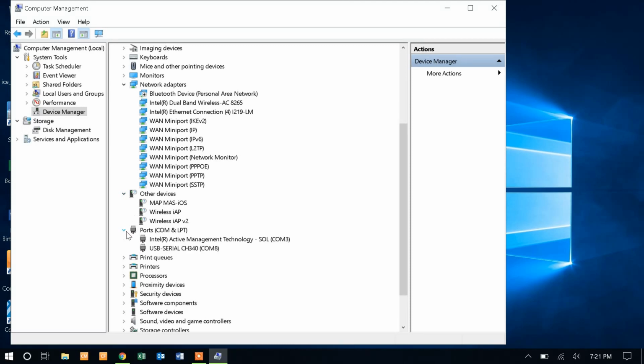And in some cases, if you get lucky, it'll show up here as well. USB serial CH340 is what it's called. Anyways, if you see it here and it hasn't shown up over here yet, then we need to get it to show up there. And one way to do that is we actually have to